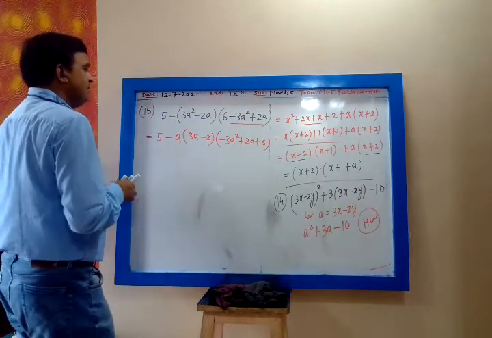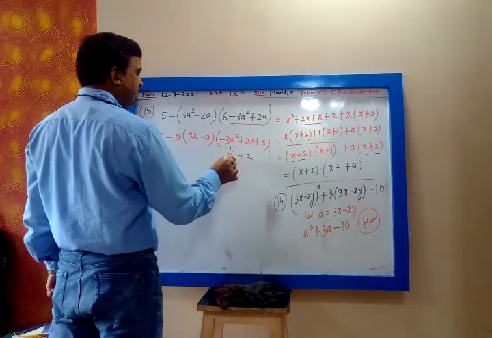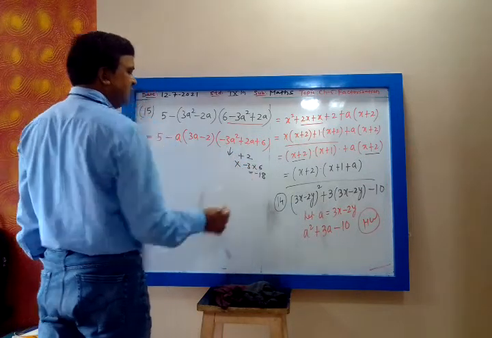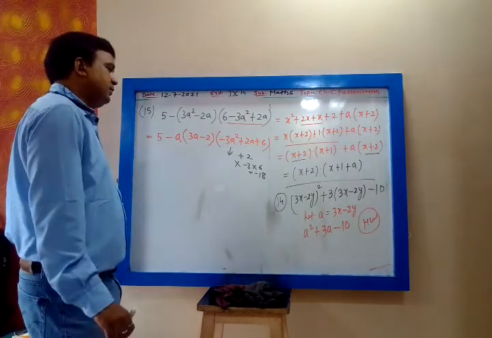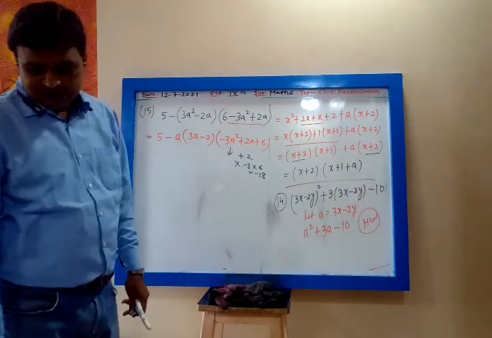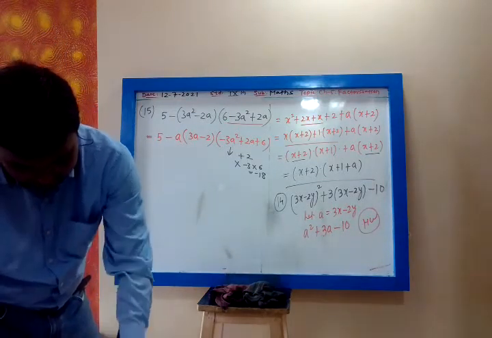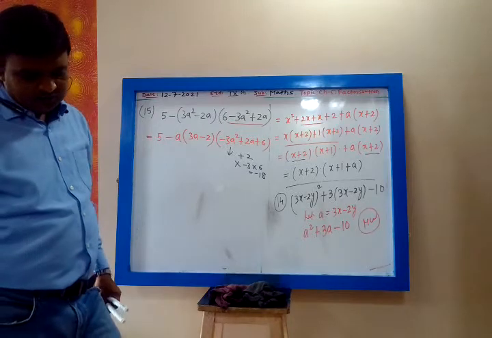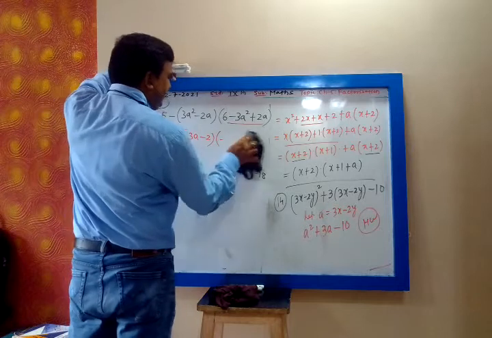Now this quadratic we have to simplify. Find two numbers whose sum is plus 2 and multiplication is minus 3 into 6, that is minus 18. What are those two numbers whose sum is plus 2, multiplication is minus 18? Or what you can do, see this. Instead of simplifying this directly,